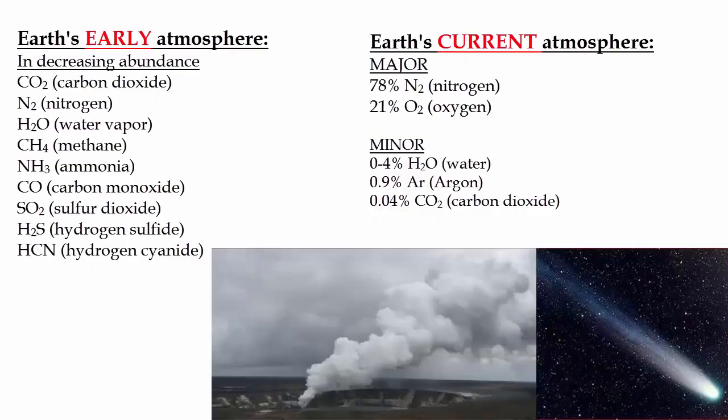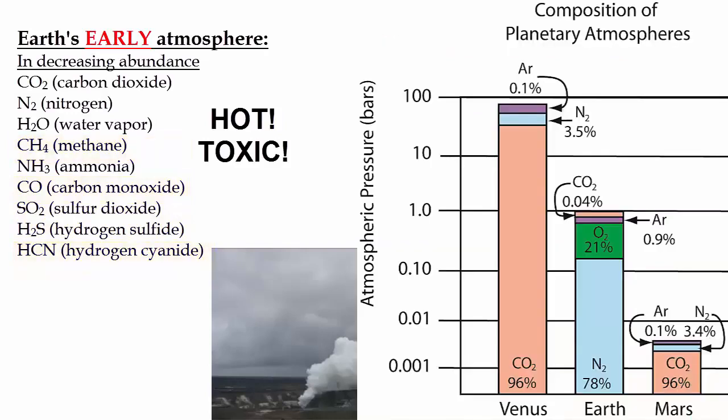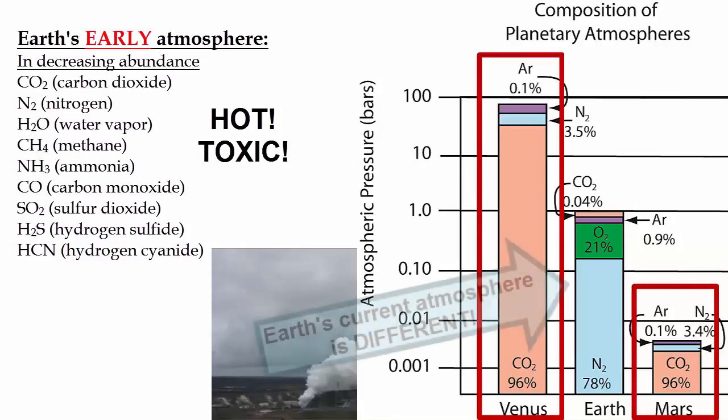Let's look closer at early Earth's atmosphere, which was hot and toxic. Its primary ingredient was carbon dioxide, but it also contained small amounts of sulfurous compounds, carbon monoxide, methane, and cyanide. Let's compare early Earth's atmosphere with the atmospheres of other rocky planets in our solar system today. Of the 3 rocky planets with atmospheres (Mercury has no atmosphere), there are 2 very similar atmospheres and 1 very different one,